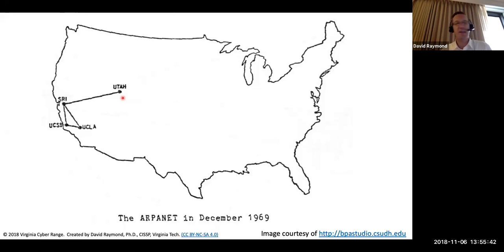And everybody had their own proprietary protocols that they were using to have their devices communicate. The internet sort of made all that general, and everybody started to use the same protocols. So this is what the ARPANET looked like in 1969 when it first started. Again, four colleges connected in this grand experiment that was the internet.